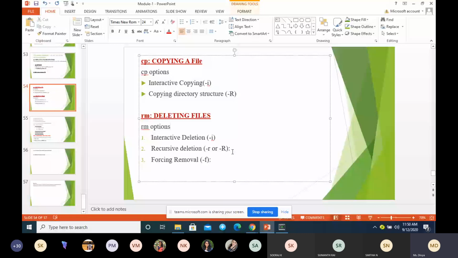Forcing removal: some files cannot be deleted because they are write protected or read protected, and such files can be deleted with the -f option. So I'll explain this.